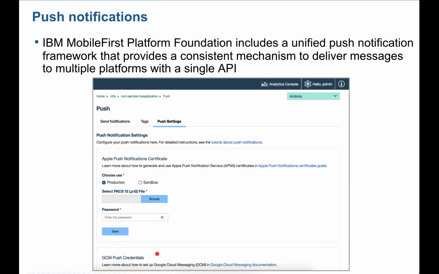So now it's FCM, right? Firebase Cloud Messaging. Now it's not Google Cloud Messaging, it's Firebase Cloud Messaging. So you can add the FCM credential here. We'll see how you can create a Firebase project. You can get the Firebase credential and add it here for Firebase messaging, right?